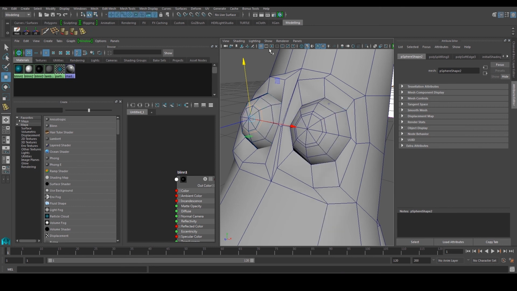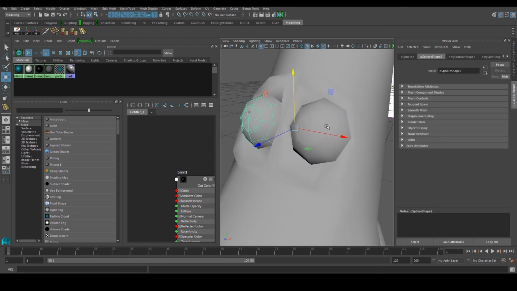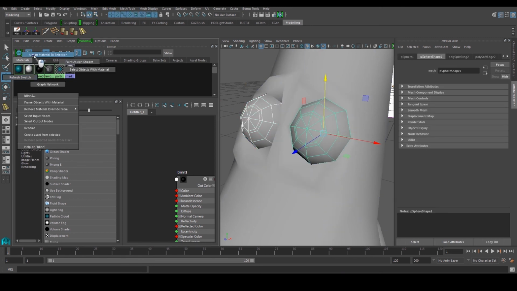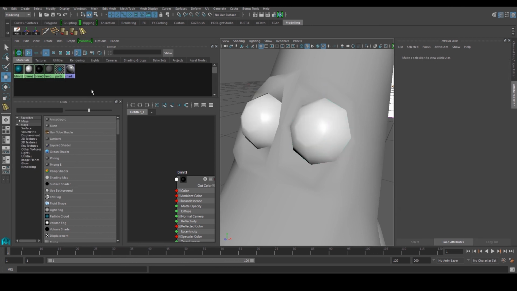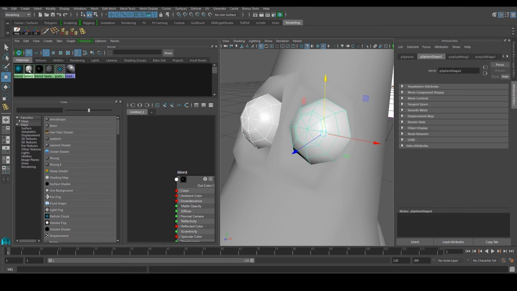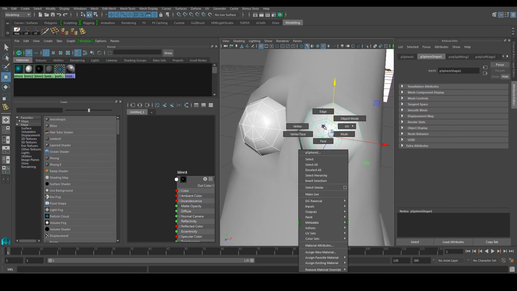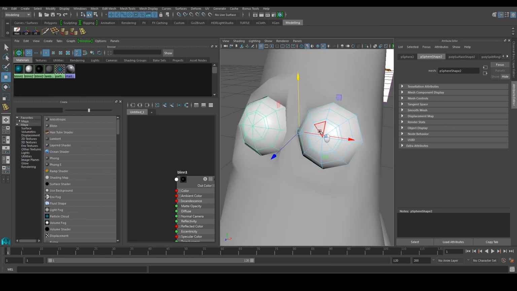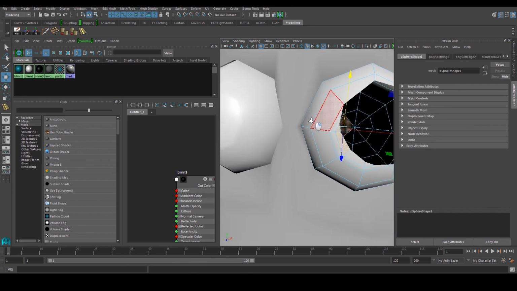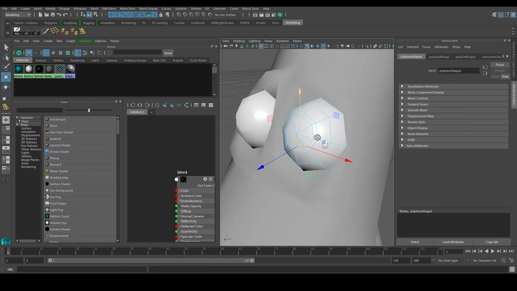Alright, so I can turn that off again. Let's select white. Just select the model, right click over the blinn, assign material to selection, and I'll go to the faces over here. You can also assign the material to faces.